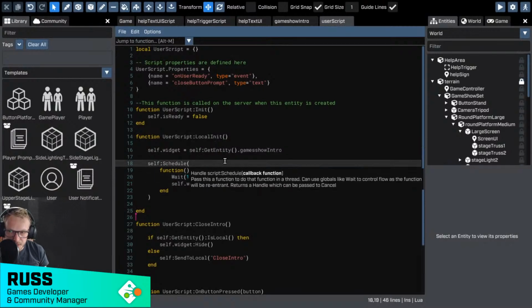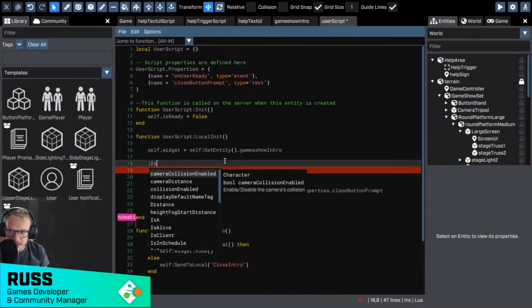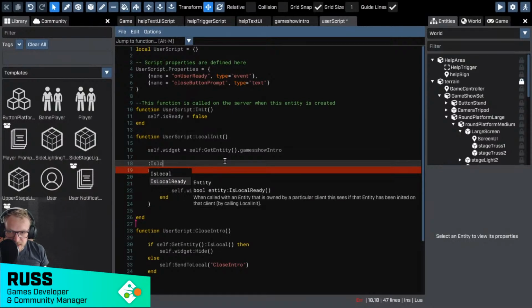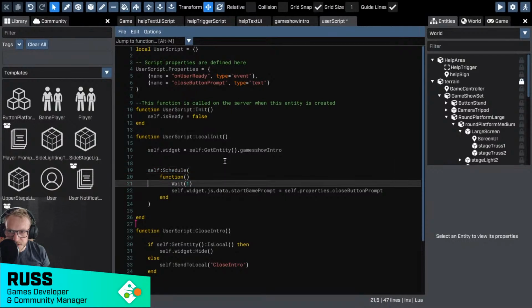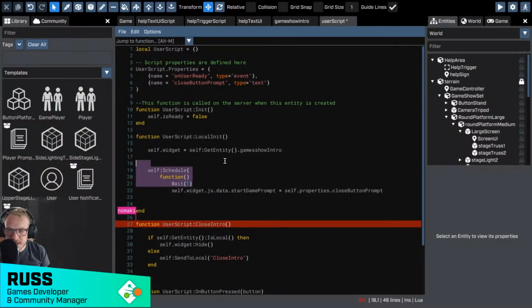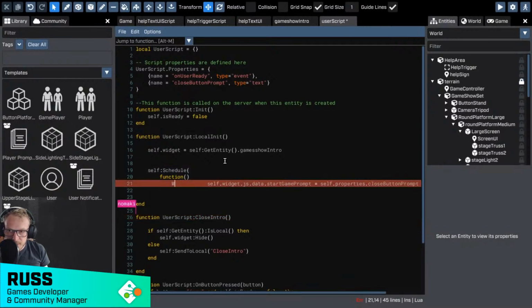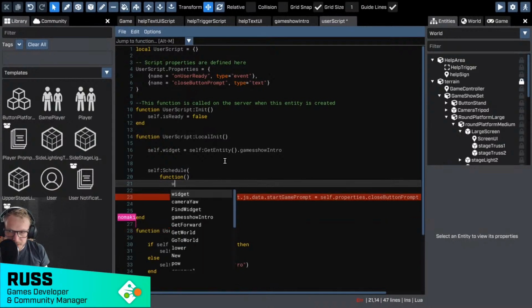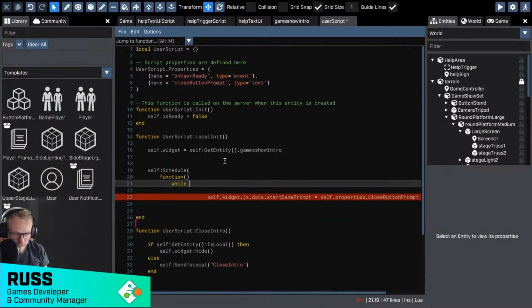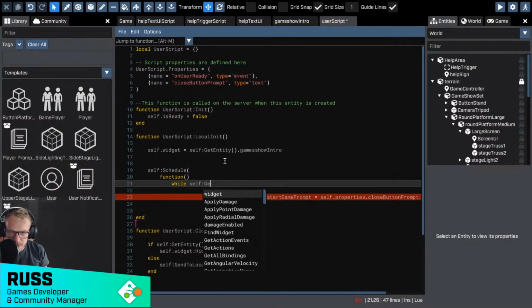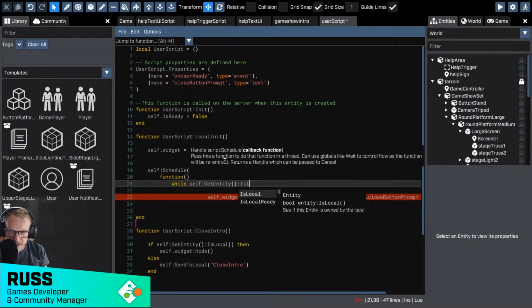I think you can do things around, so is local ready? In fact, yeah, let's try and do this properly. So what we can do, schedule. Okay, so I can say while self get entity is local ready is false. So while it's not ready,